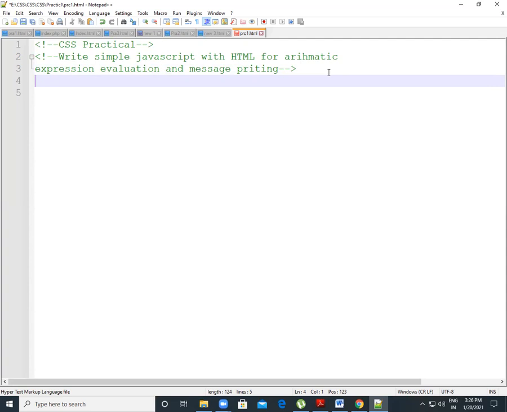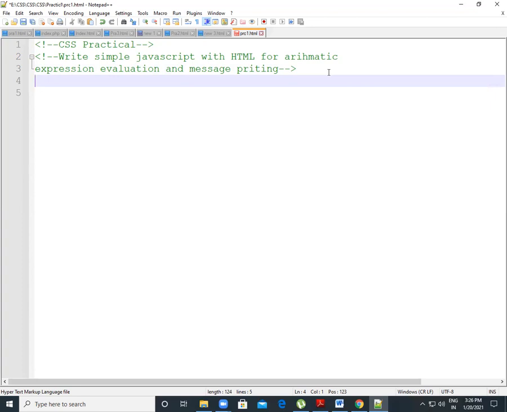We use a simple logic here: we accept two values, or if we do not want to accept values, we can put our values in the code, and we want to print a message.